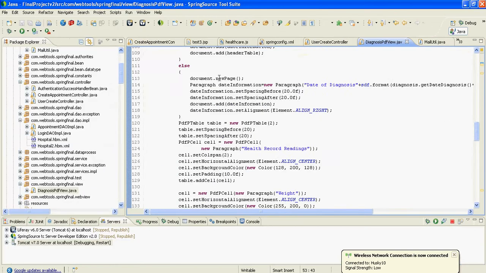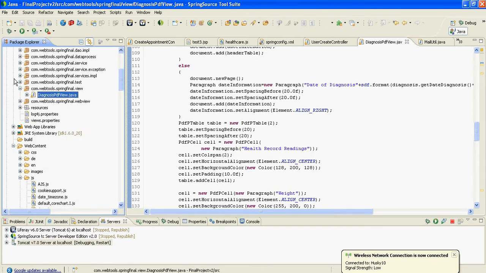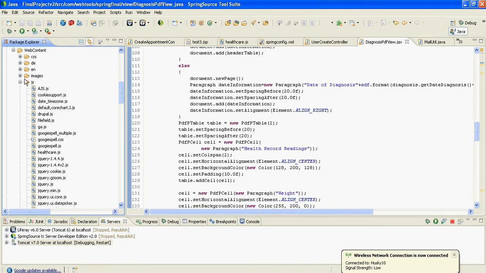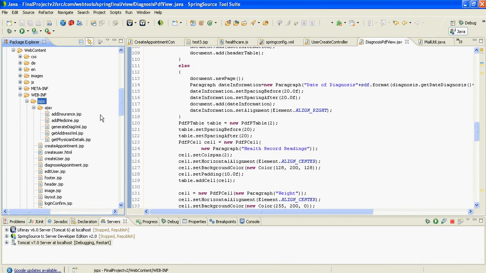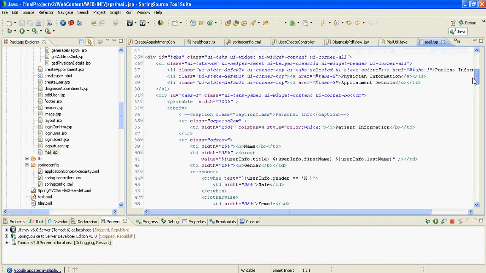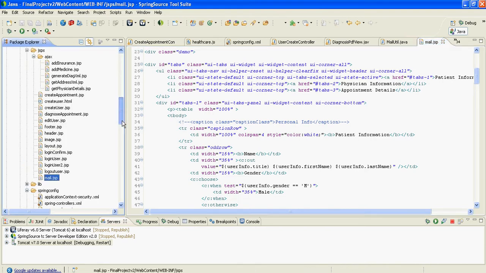Initially I planned to use JSPs for doing most of the HTML formatting, but there was some error in that and it didn't work out. This is what I planned to do earlier. This is the mail JSP I planned to use. If a lot of formatting is required, it is best to use a JSP and then call it through the Jakarta API, and then process it. But it didn't work out, and I'll work on that in future versions.